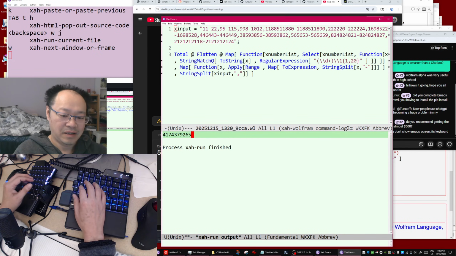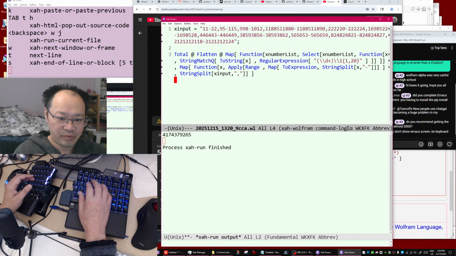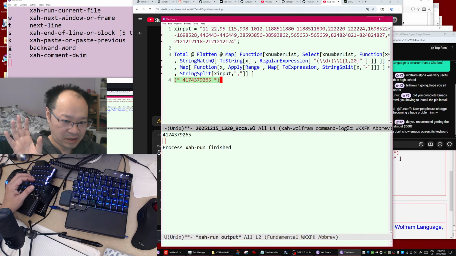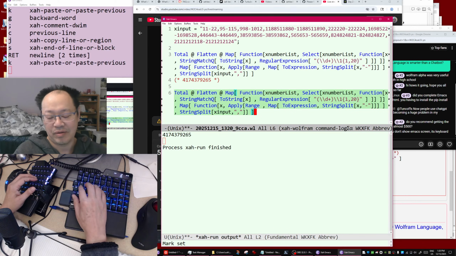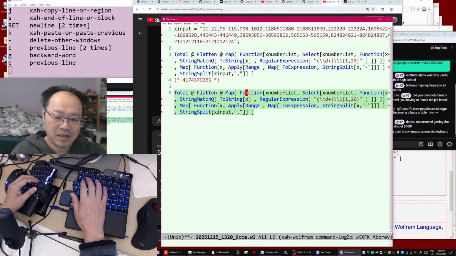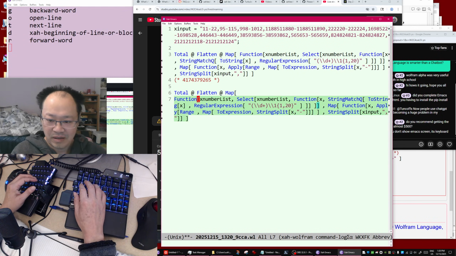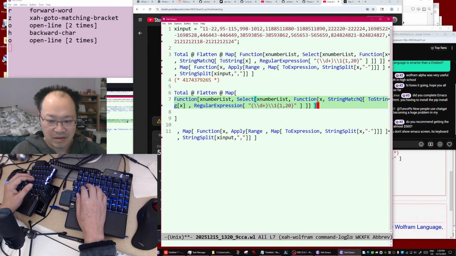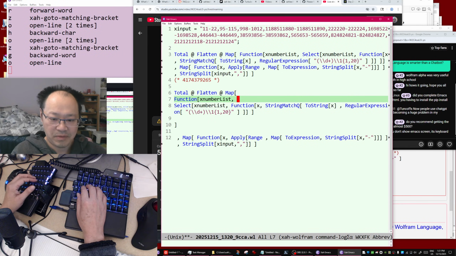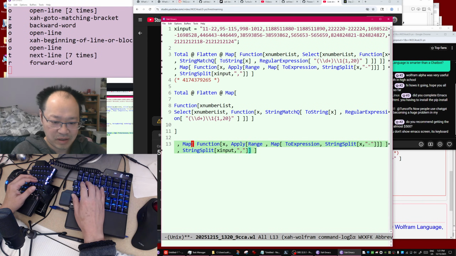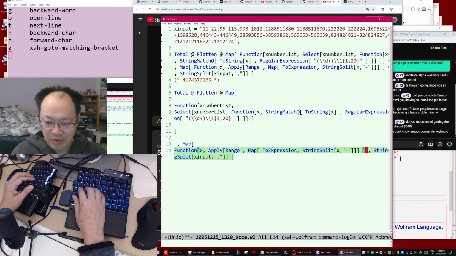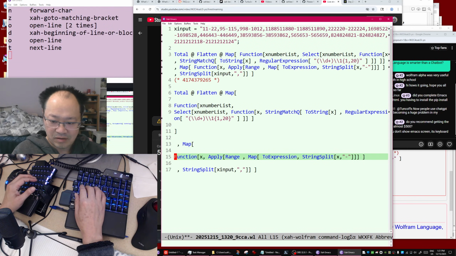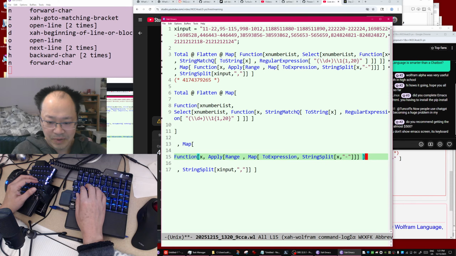You see, that's the power of Wolfram language. Single line of code. And this can be simplified. Okay, let me show you quickly. So this can be much simplified because you guys don't know what I'm doing, but I kind of know what I'm doing. So let me just get to the result and show you. Okay, so this function, this big function,